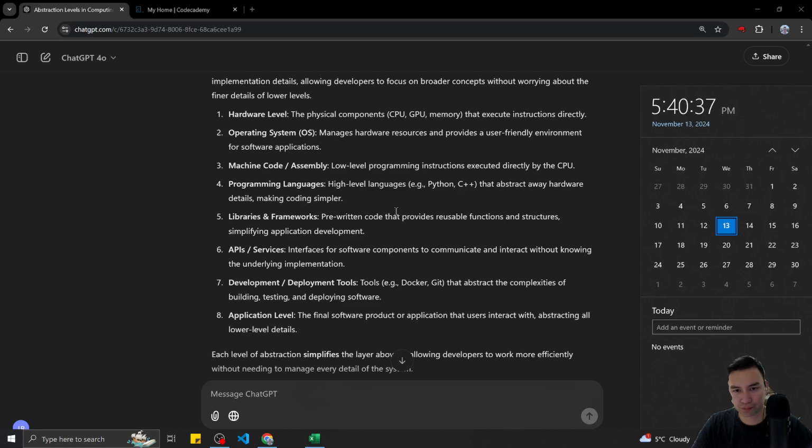I'm thinking of allocating almost 70 to 80% of my free time towards programming languages, libraries and frameworks, APIs and services in the next 2 weeks, just so I can master them. That way I can focus on development and deployment tools.